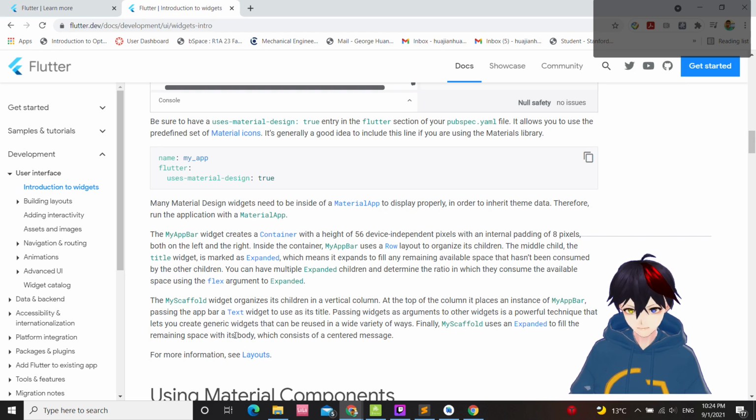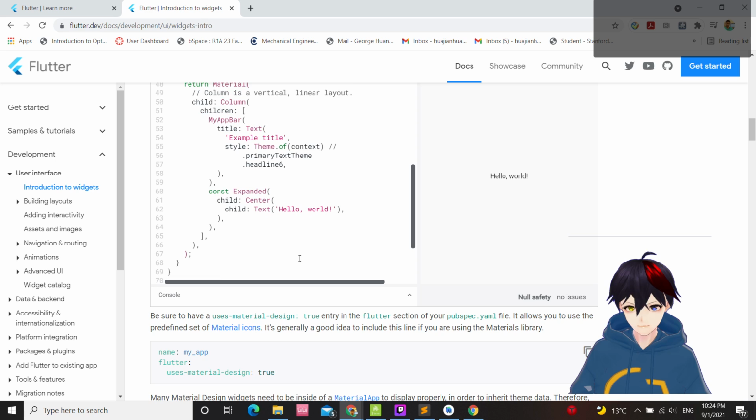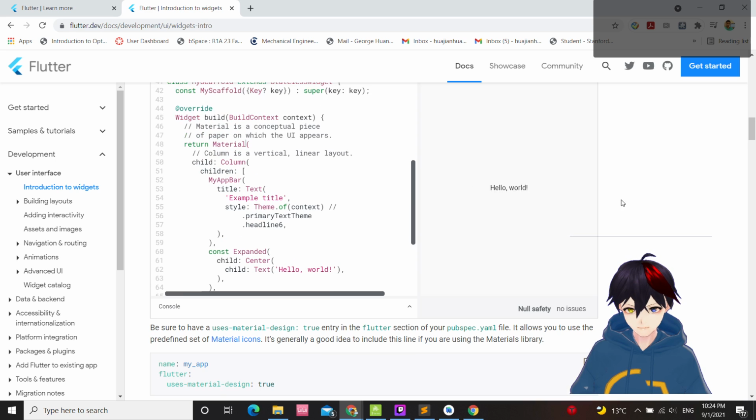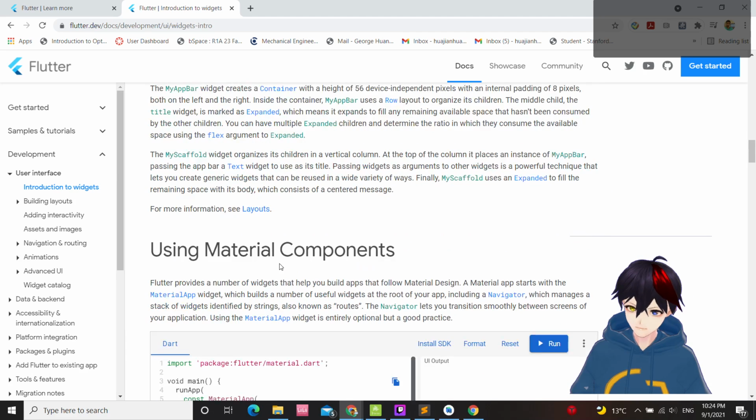Expanded takes the remaining space. Basically raise the bar and then fill the rest, and this expanded has some text in it. Okay, that's what I meant.